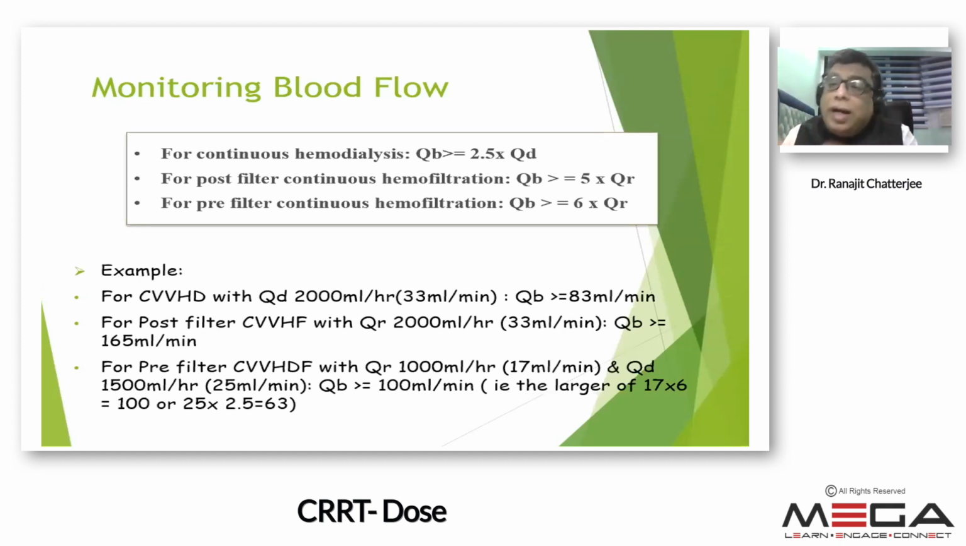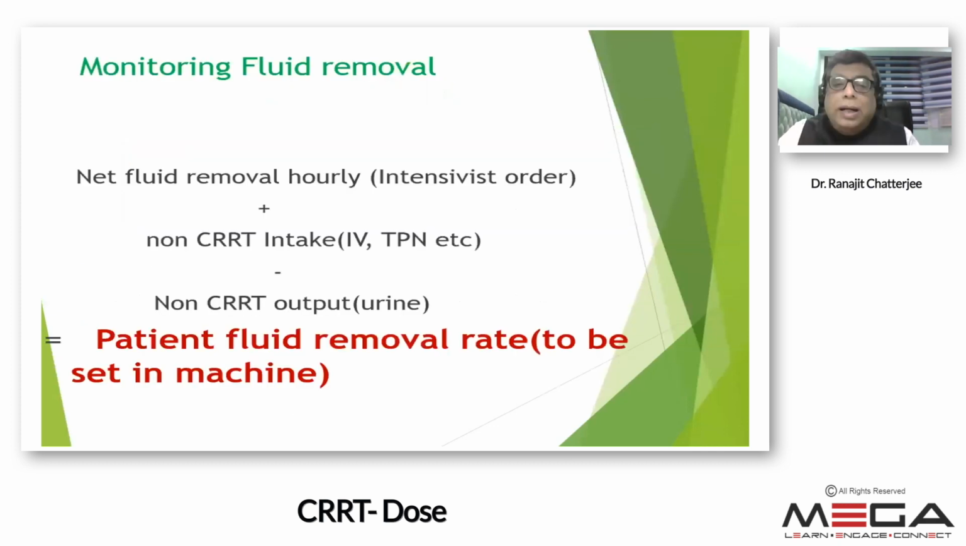So now you know how much blood flow you have to set in the machine. You also know how to set the dialysate rate and the ultrafiltrate rate. If you are giving something pre-dilution, remember that the effluent rate values will be coming down. Now the most important part. Whatever fluid you are taking out from the patient, you are replacing it. Now you want to remove over and above some amount of fluid